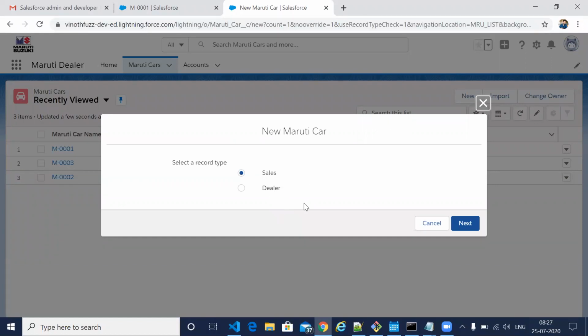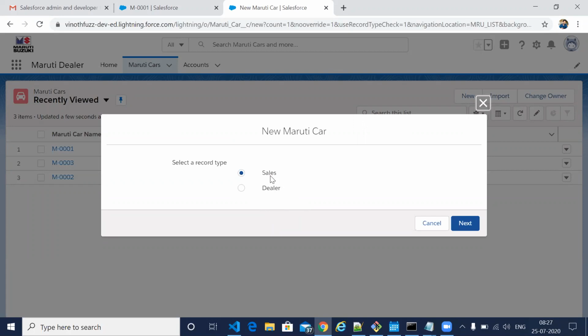Before, when we created, it did not ask anything. Since we have created two record types, it asks which one. If we had created only one, it wouldn't have asked, because by default it would choose that record type.